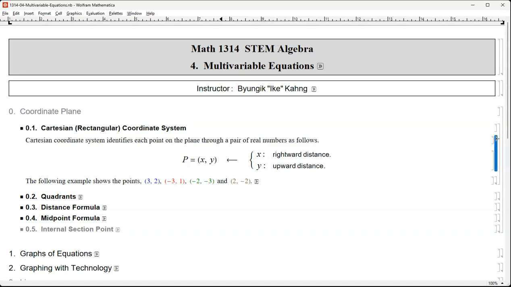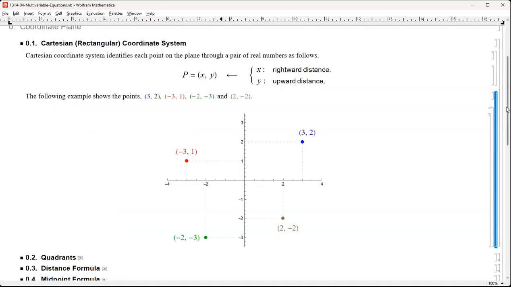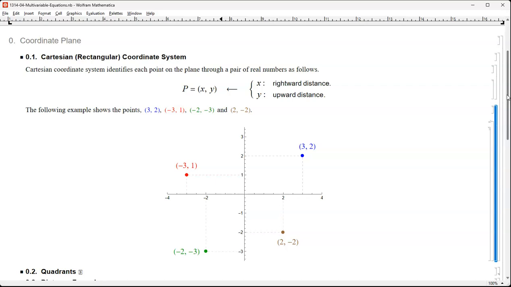I'm going to be brief because everybody must know everything here already, otherwise you could not have made it into STEM algebra. Here we go. A Cartesian coordinate system, or in other words, rectangular coordinate system, identifies each point on the plane through a pair of real numbers, x, y, defined as the rightward distance and the upward distance respectively. As you can see from these 4 points, (3, 2) blue, (-3, 1) red, (-2, -3) green, and (2, -2)